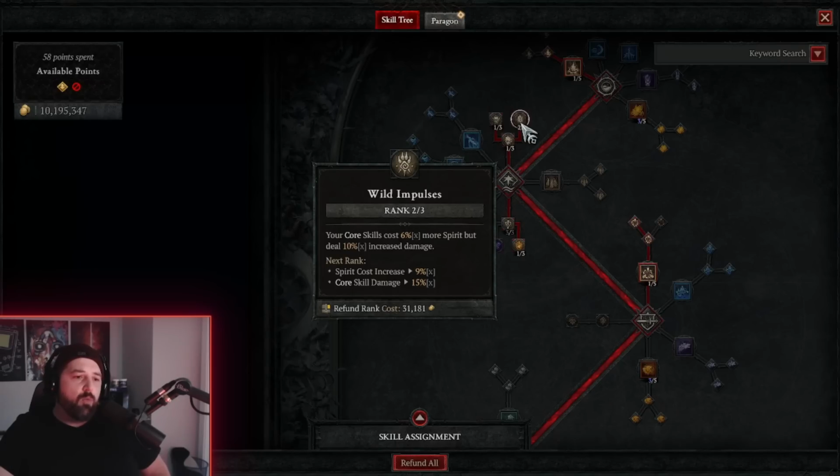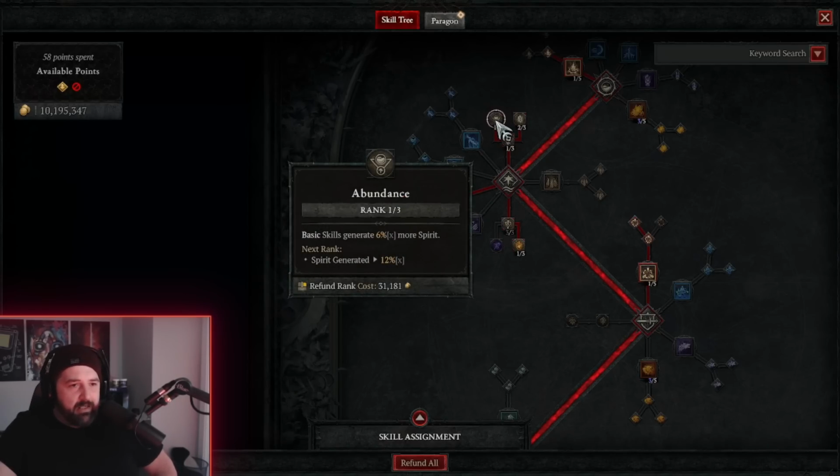Over here, we have Wild Impulses with only 2 of 3, because I feel at 3, we get 1 less Pulverize per full spirit globe, which allows us not to crit as much, which allows us not to proc Earthen Might as much, which then helps us not generate as much spirit. So I only put 2 points here. You can put 3 if your spirit generation is better than mine,